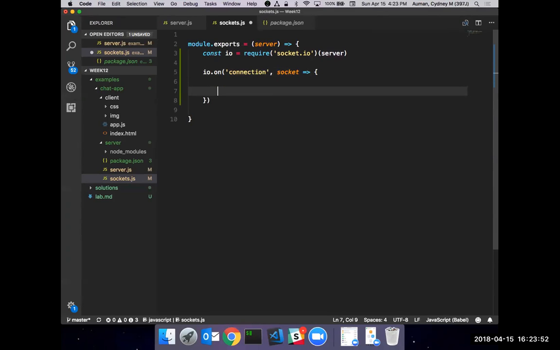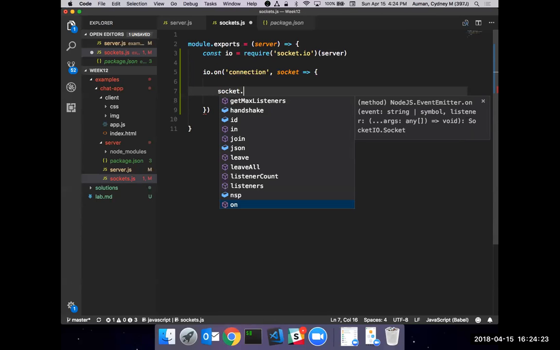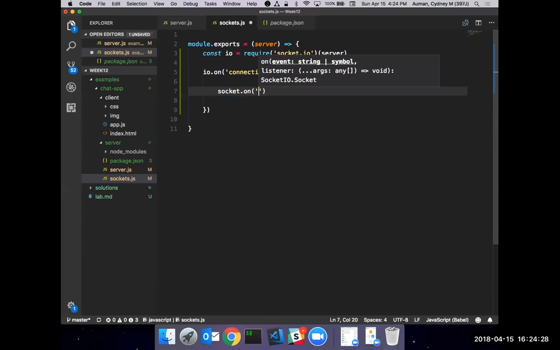And so if we're building a chat app, the first thing that we might want to do is handle events to allow the user to join the chat room. At this point, we're now creating event messages ourselves. We've handled the base event message, which is connection, and now we're able to create our own socket messages. So I can say socket, and I'm going to create an event. You could literally name it anything. I'm going to name it join user.